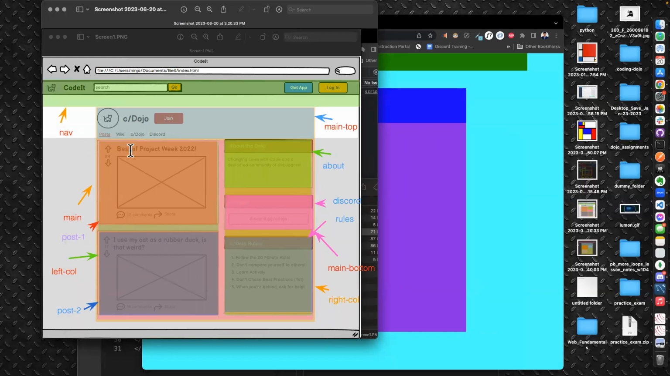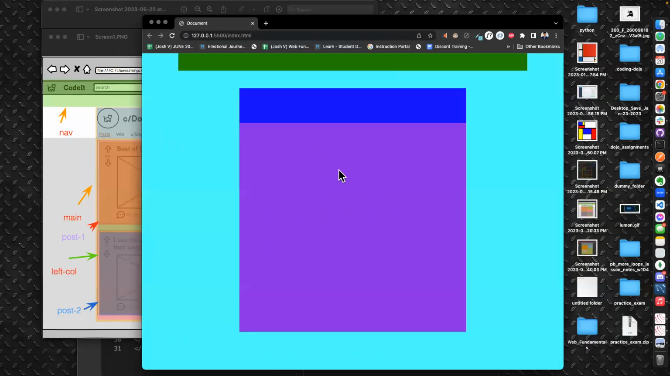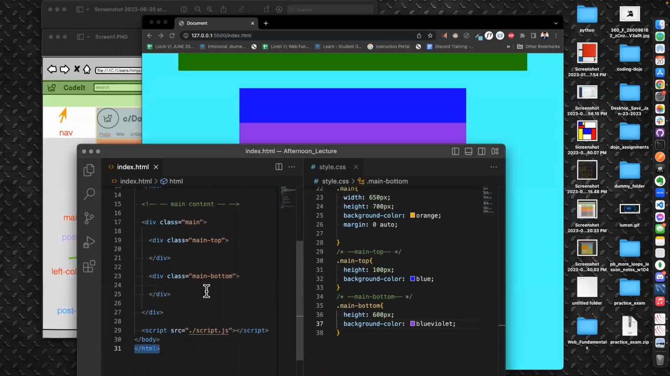Now within main bottom, we wanted to create the left column and the right column, right? The left column is this one here. And then the right column is the one to the right of it here. So let's create the left column and the right column. All right, left column is going to go within main bottom. So I'll go here within main bottom and I'll say